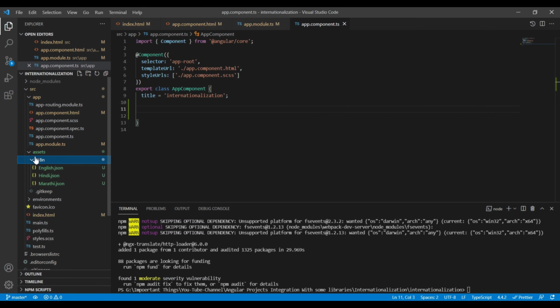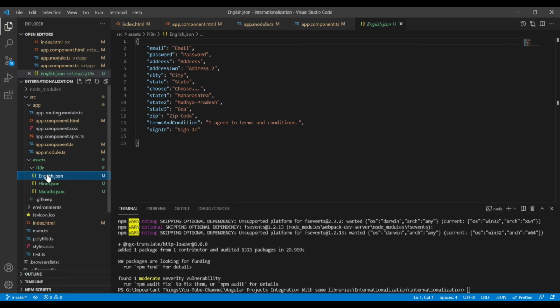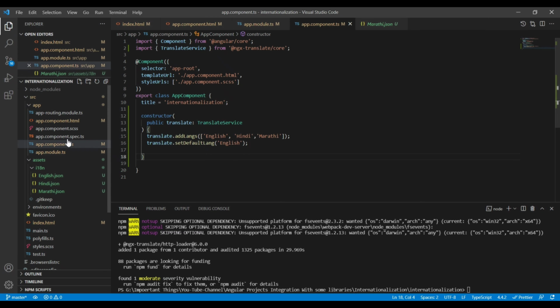Now I have created one folder named i18n, and inside that folder you can see different JSON files: English JSON, Hindi JSON, and Marathi JSON. I have defined some key-value pairs in them, so we'll use these keys to bind in the HTML. In app.component.ts, I already imported TranslateService from translate core and am initializing it in the constructor.